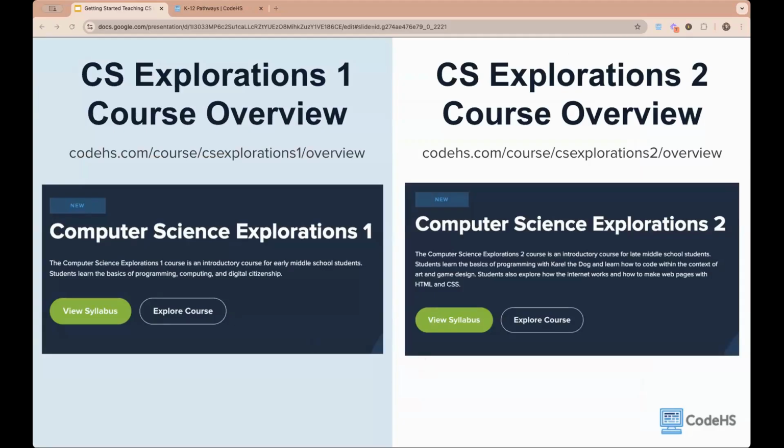The first one is CS Explorations 1. I'm just going to drop both of those links in here. We basically have 3 courses, but they have the same material. We have Computer Science Explorations 1 and Computer Science Explorations 2. Each is 5 modules, so you have 50 hours of content. You can pick and choose the order of most of them. There's only 2 or 3 that have to be done in sequence, because you want to understand the second one, and that's the only restriction at this point.